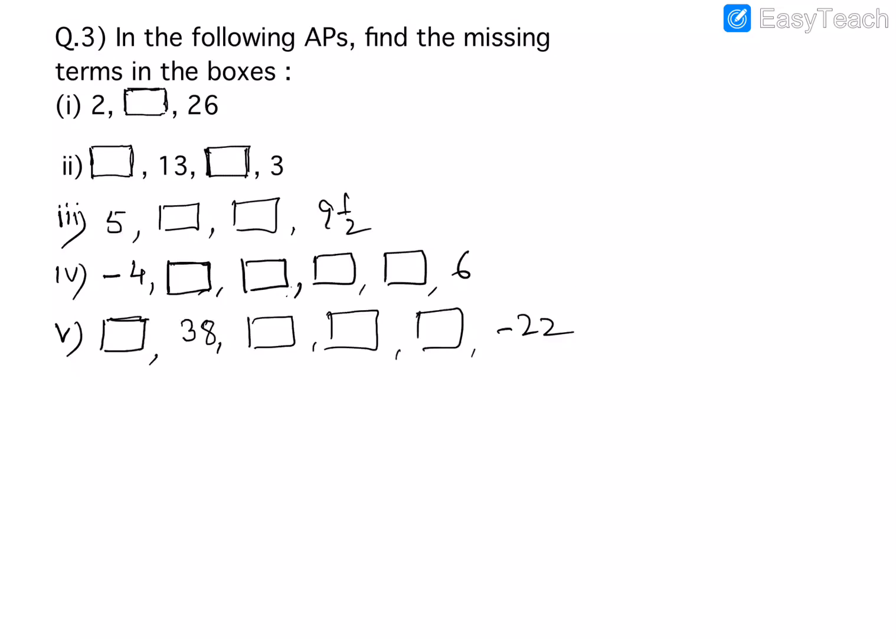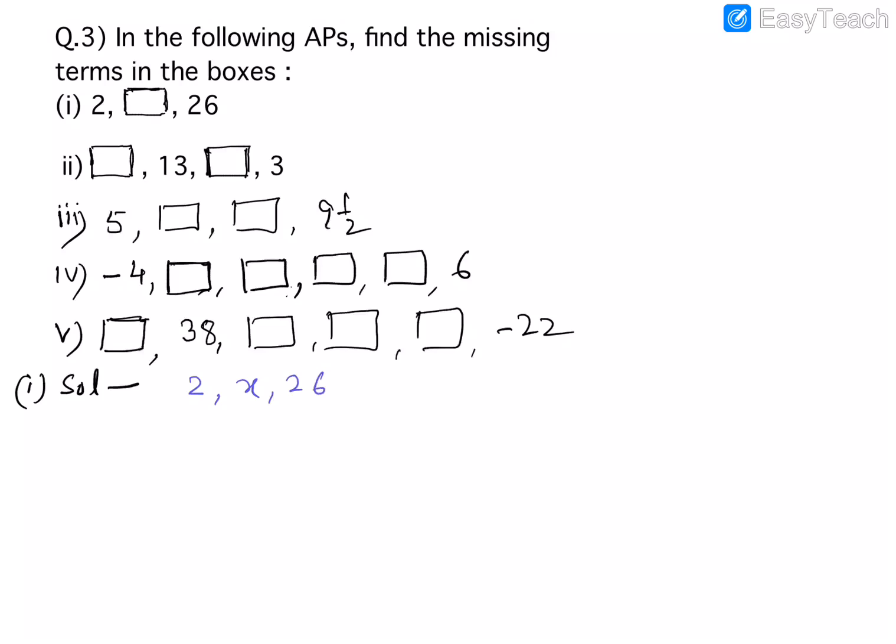Now question number 3. In the following APs, find the missing terms in the boxes. These are APs in which some of the terms are missing, which are to be found out. Suppose in the first part the missing term be x, then